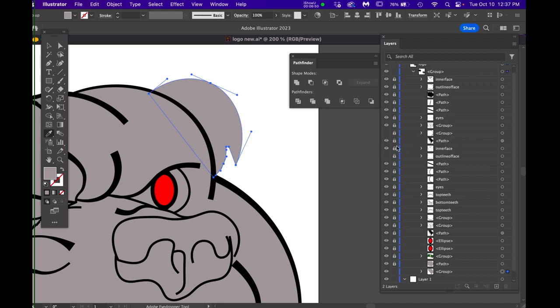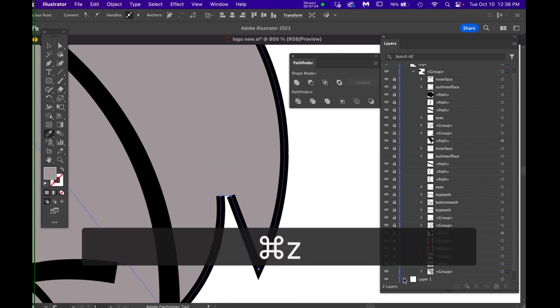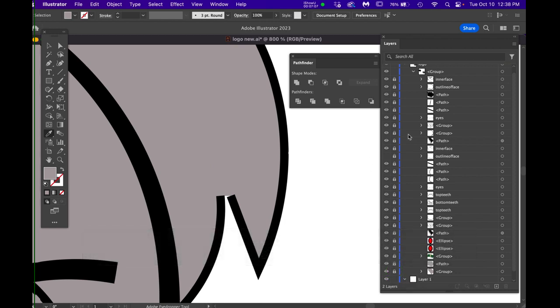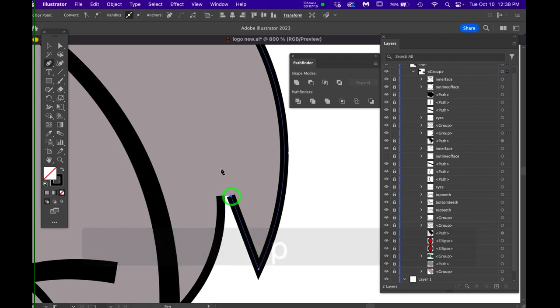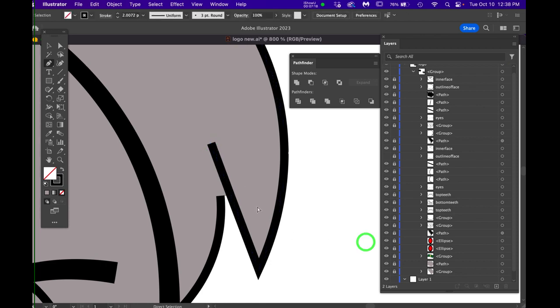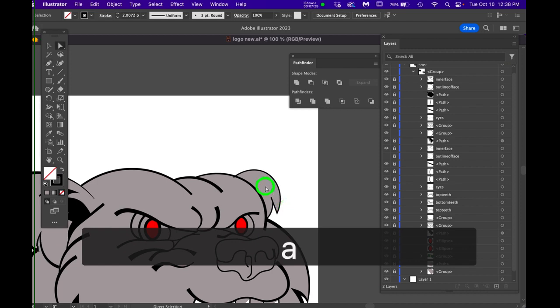Now, I remember that you have another group with that ear right there, and you can see how I have now the stroke above it. And I could easily take the stroke above it, grab that one, and just move it up a little bit. Whoops, I'm actually grabbing the fill. I have to lock it up and then unlock this ear here. Now I can select this one, take the P key, and just join it in. I can go up like that and now make that longer. I could take this if I wanted to and just move it over so that it kind of overlaps that shape right there. And now I have a filled in ear,